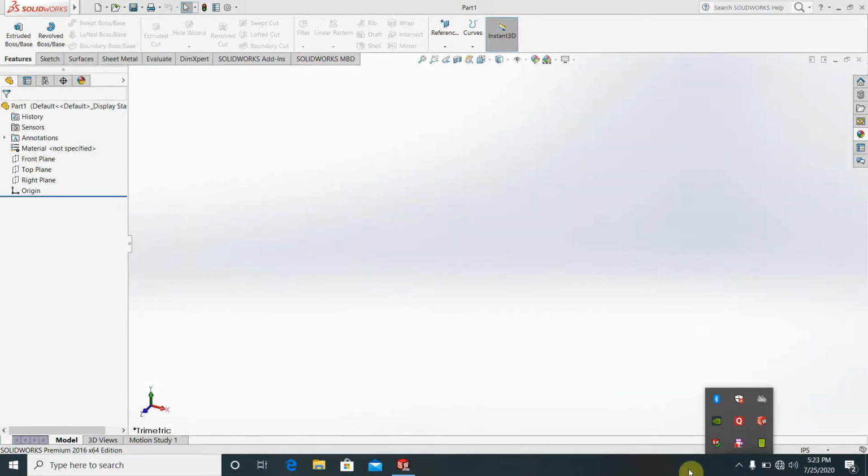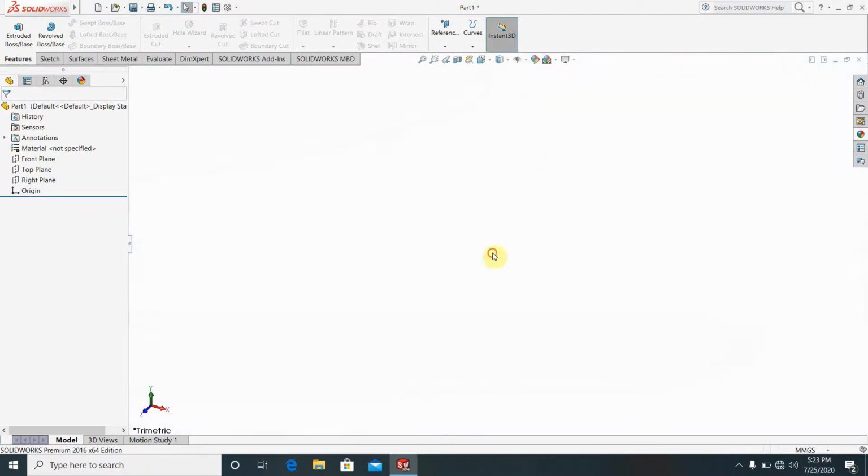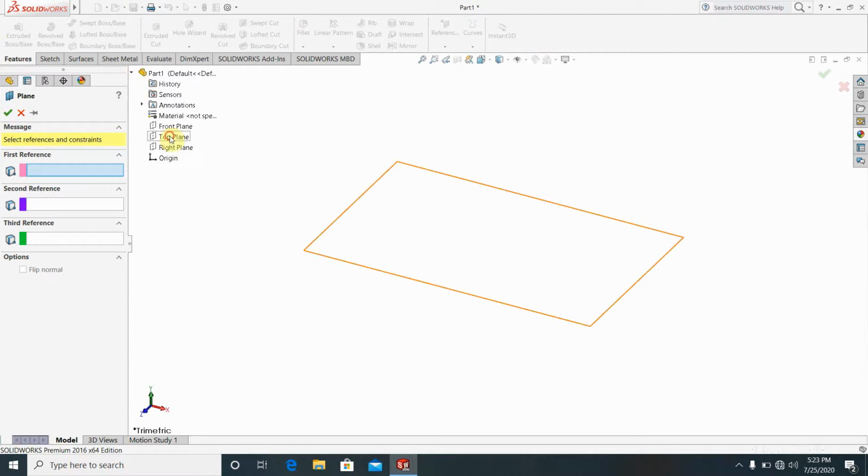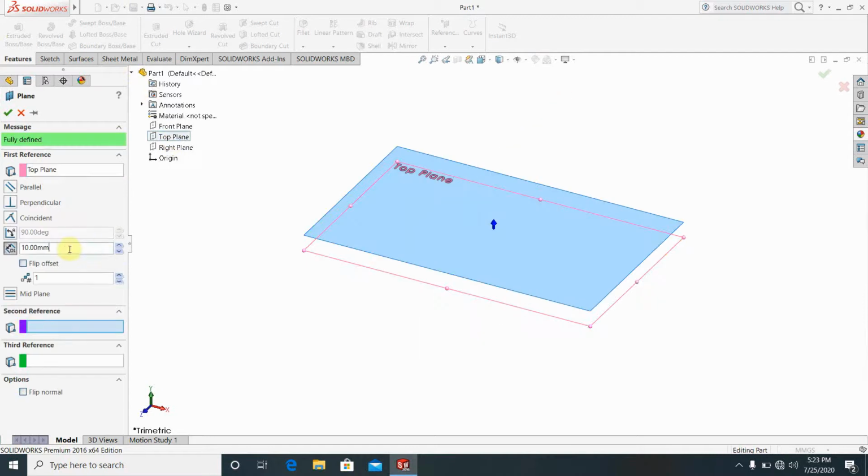So let's come to the SolidWorks main page. At first, change the unit system and make the background plain white. For the propeller drawing, we have to create two planes. The first plane is parallel to the top plane, and the distance will be